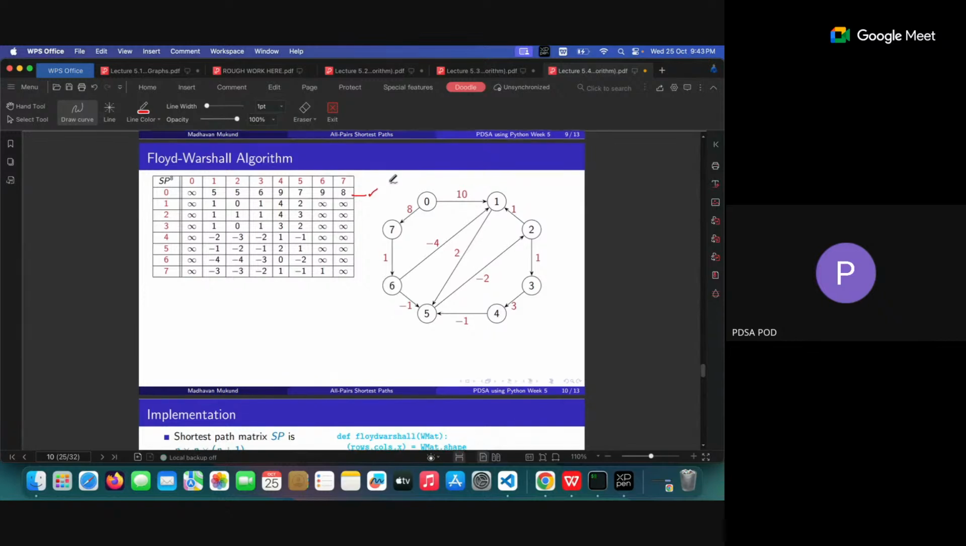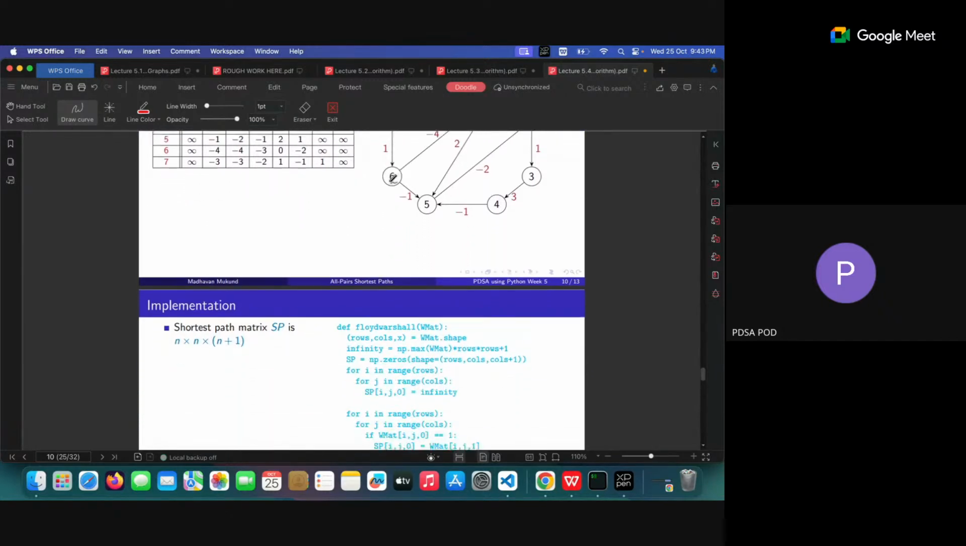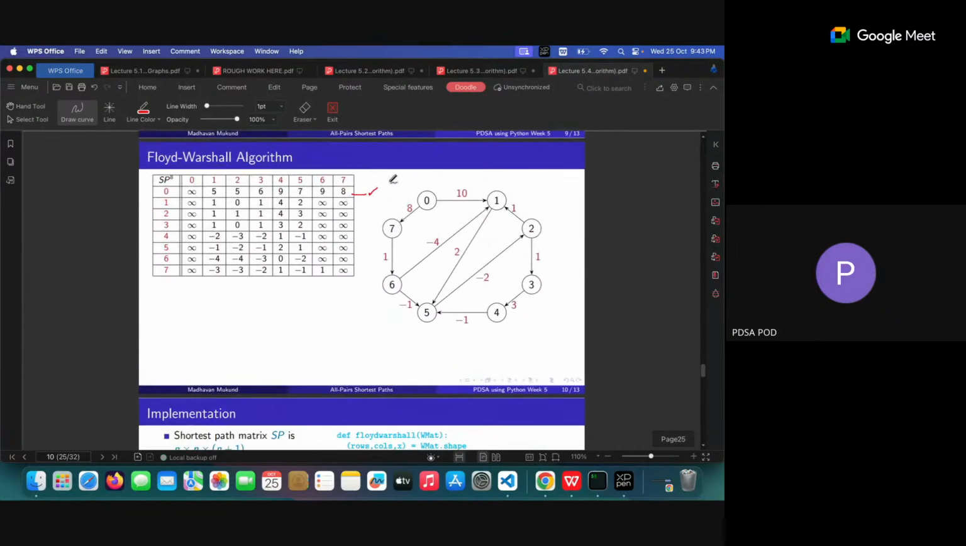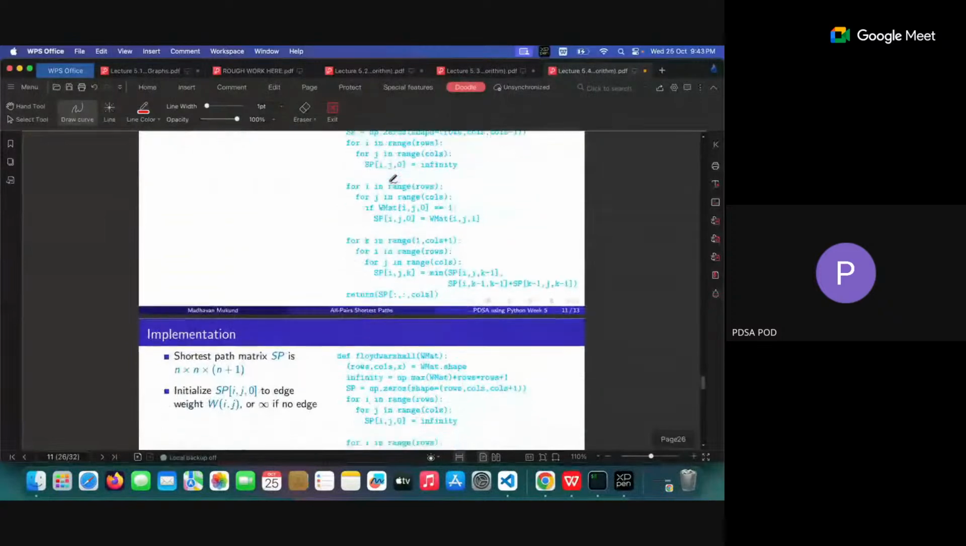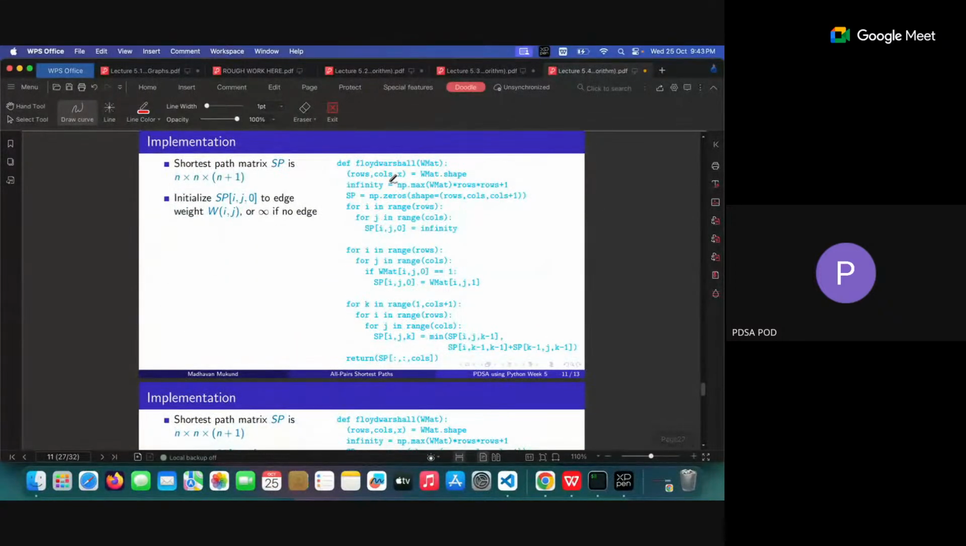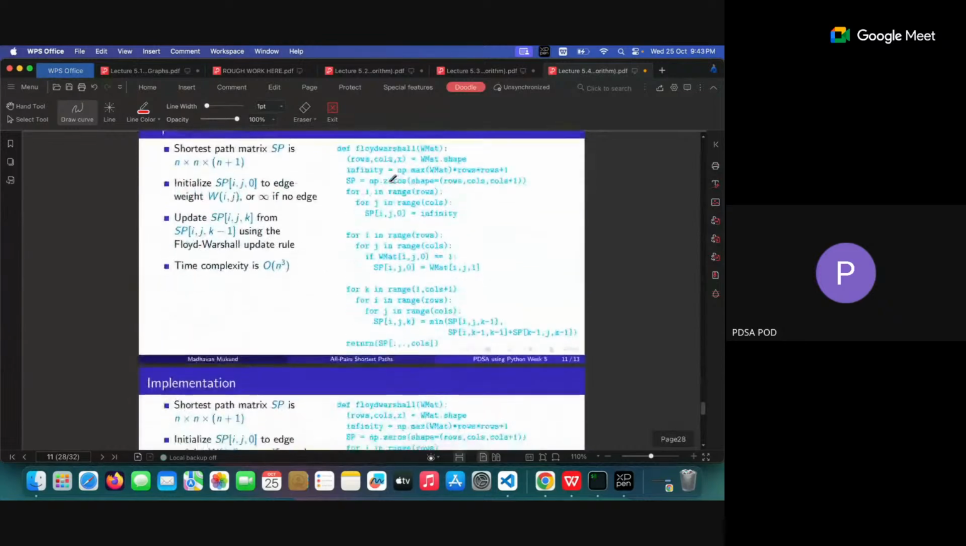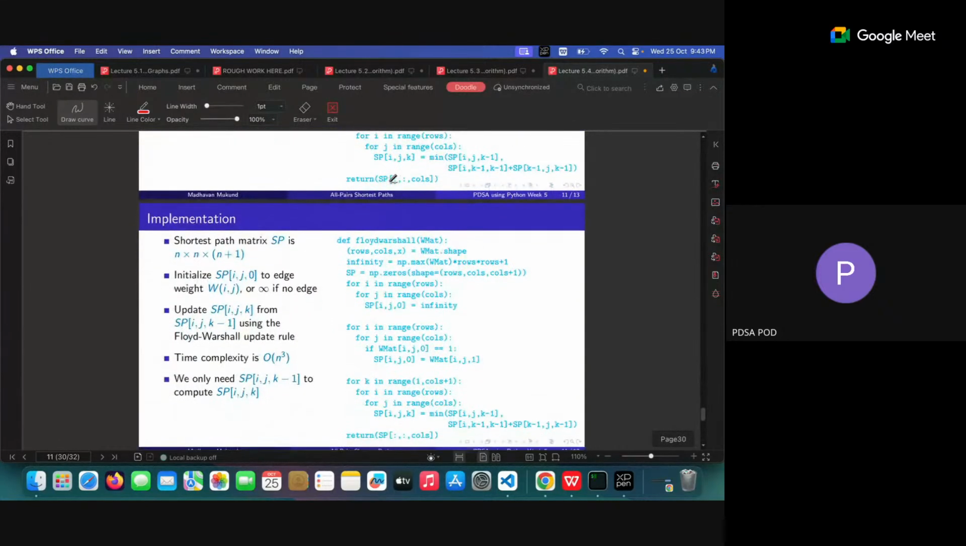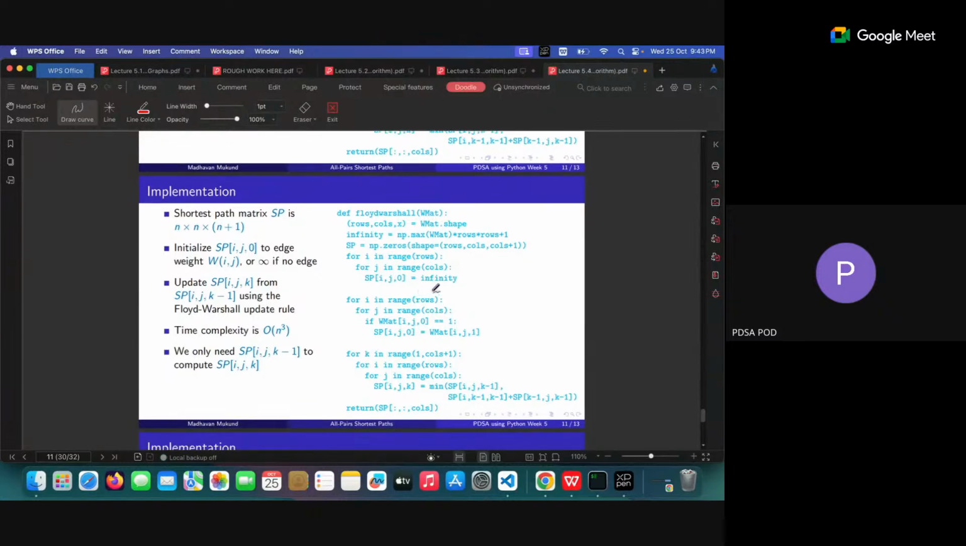So the implementation is this one. Wait, the complete implementation is available in 29. Yes, in 29 it was there. They have considered an adjacency matrix only. So you have the infinite setting, and then the shape they are considering, that is a NumPy array, and we have n square complexity because of the outer loop and inner loop setting there. This one is n square,